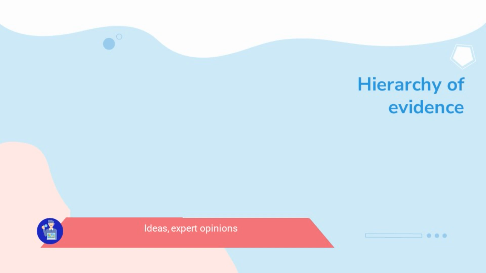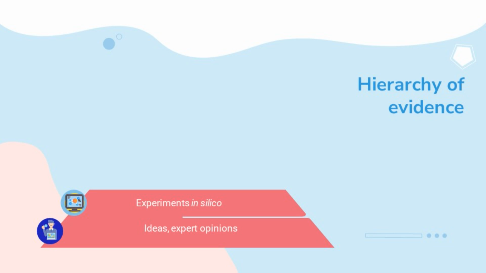The next step in the hierarchy is the results of computer modeling, in silico experiments. This is the great opportunity of our time, to predict protein structure, to find targets for drugs, to study their interaction in the body, or even to try to model the spread of viruses and the development of pandemics. But without experimental evidence, it remains only a fascinating theory. The theory is one thing. How it will actually work is to be tested.